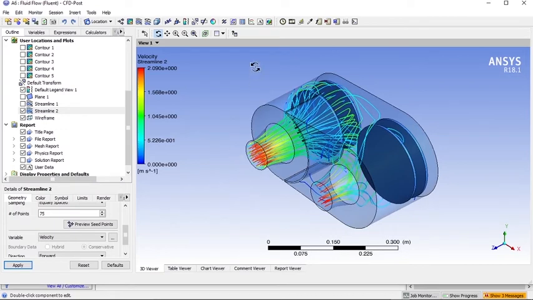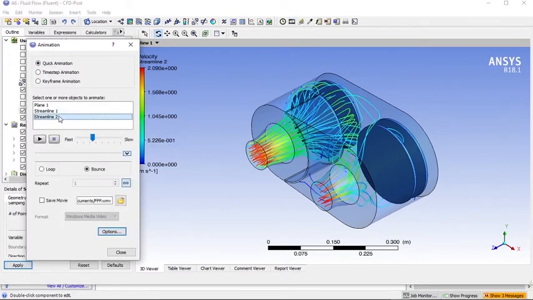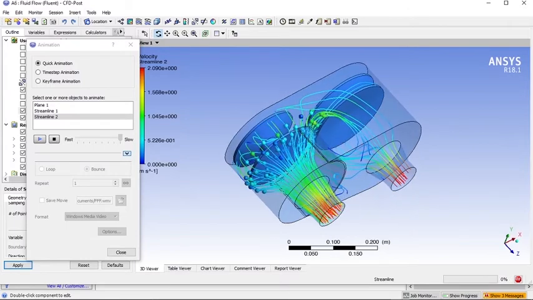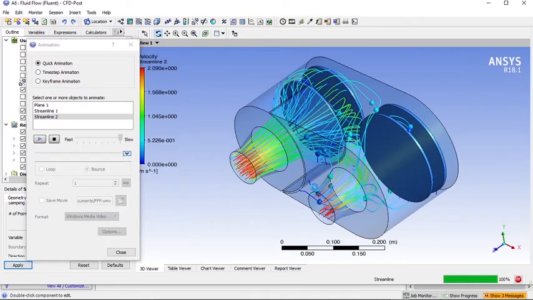Okay. So if you want an animation, you can click this tab, and you can select what objects that you want to animate. So for us, I'll keep this look, and you can click on click. Yes. So this is going to give us the look, so we can visualize what the flow of air inside it would be.